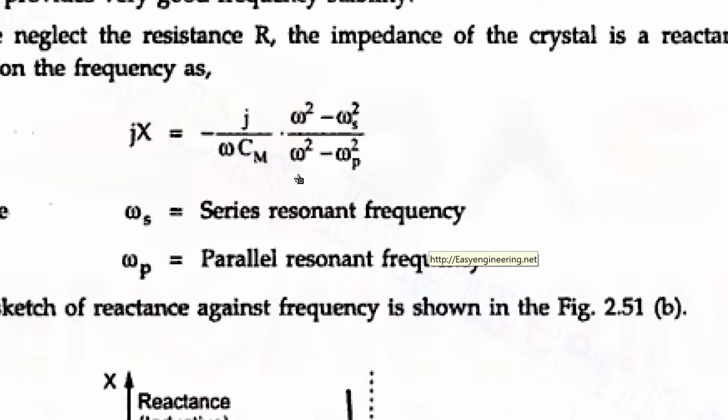Okay. So actually what you can take is, you can take omega square minus omega s square as numerator, and in the denominator here also there is another omega. So omega into omega square minus omega p square. So that will be omega cube minus omega into omega p square. That you can differentiate. First, if you differentiate the numerator, it will be 2 omega. Denominator, if you differentiate, what will remain?